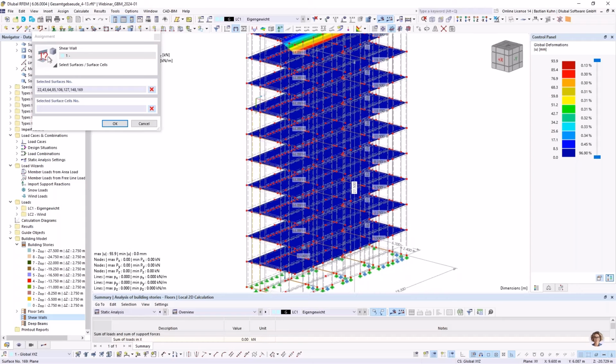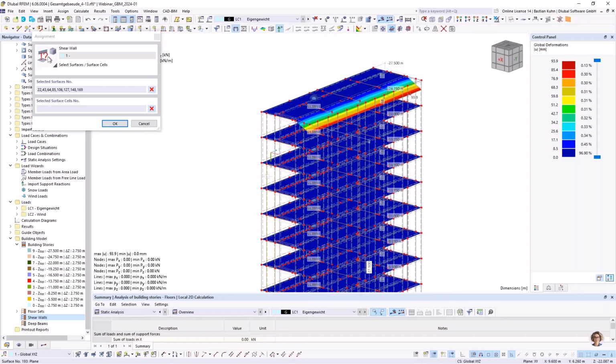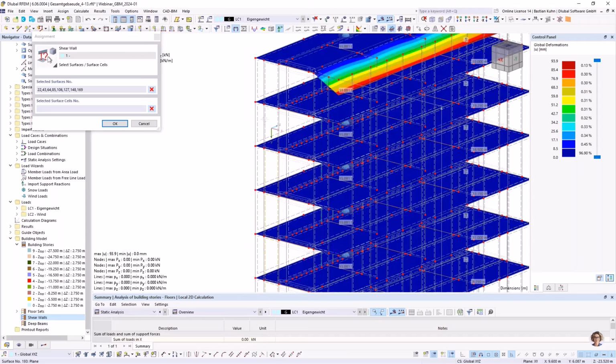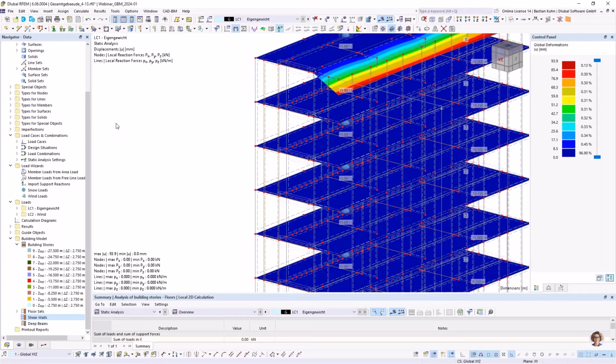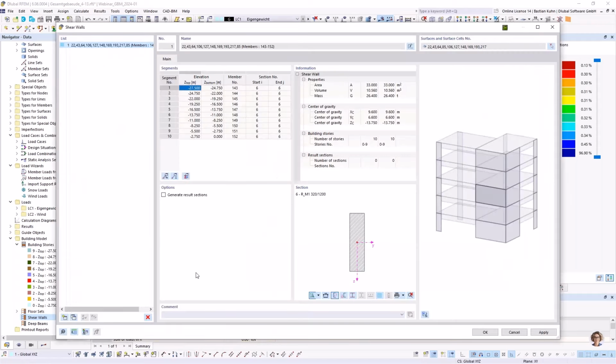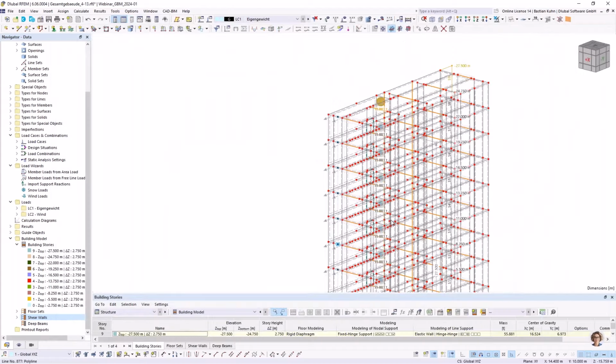Hold on. Okay. This is something you could use for directly defining reinforcement in here and also generating result sections. I will just show this to you on this shear wall in here. All right, it's definitely good to delete the results